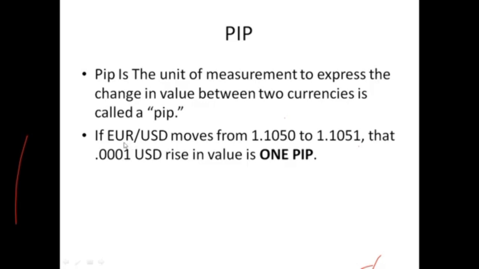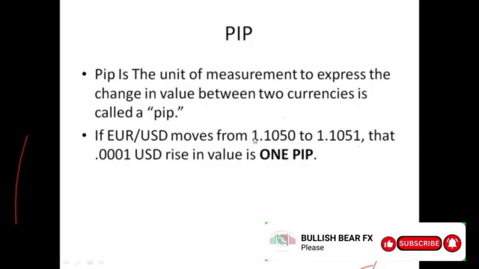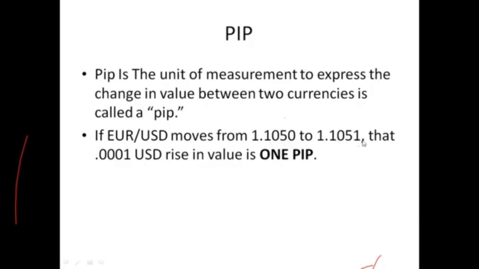When we have the euro and the USD, if EUR/USD moves from 1.1050 to 1.1051, that's a change between the 50 and the 51, and that is known as 1 pip. You're going to understand it better as we continue to dive into the